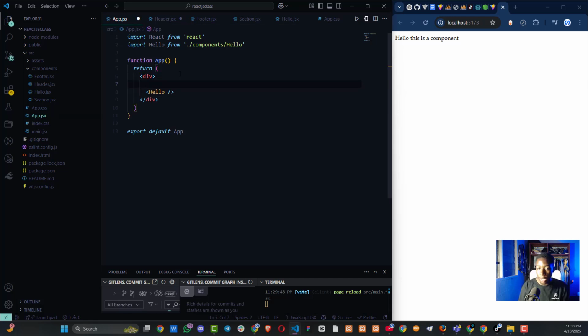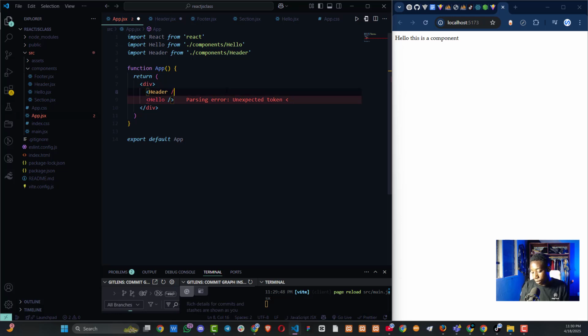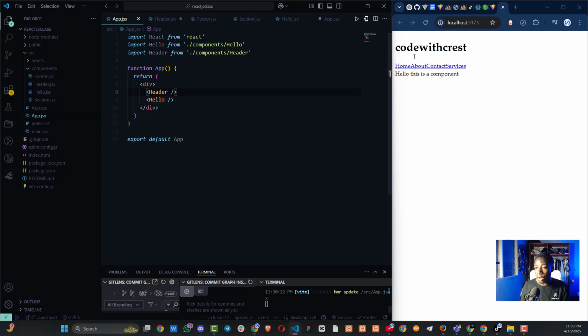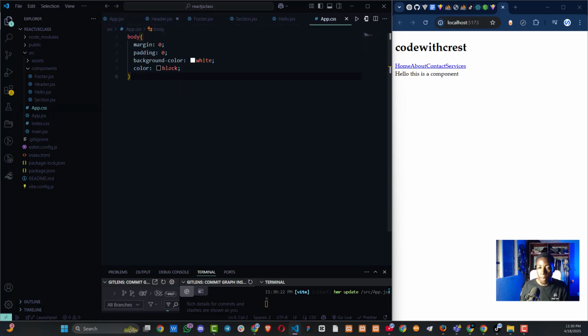So here I will render the header. So we are rendering the header, and we just click here to import the header component, then we close it and we save. You are now going to see that this is the header component that we have just created. So it is here. So once we are styling, we are going to be seeing the effect as it occurs here. So the first thing we want to do is that we want to come to the dot navigation,